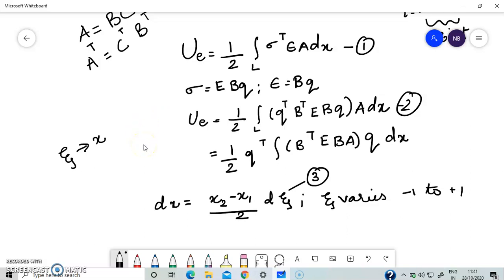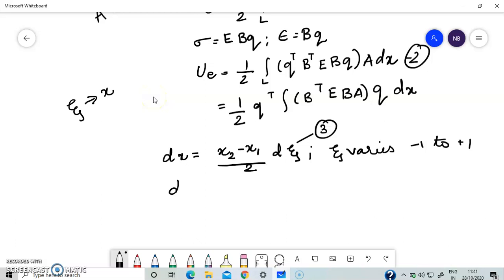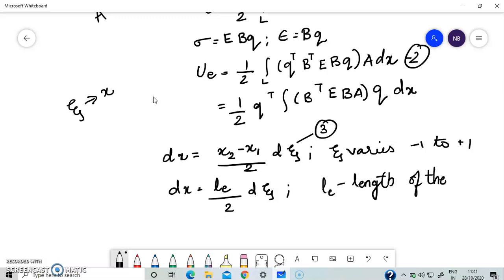Equation 3 can be rewritten as dx equals, where x2 minus x1 will be nothing but the length of the element. So L_e represents the length of the element. Now in some textbooks you will see that the area of the element is represented as A_e and L is represented as L_e. So don't get confused with that. Substituting this again in the equation of strain energy, we get